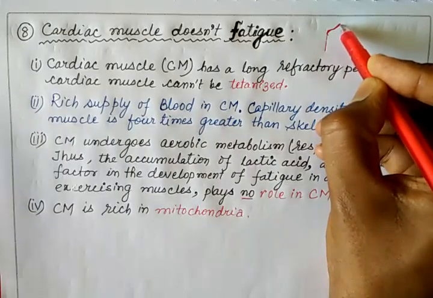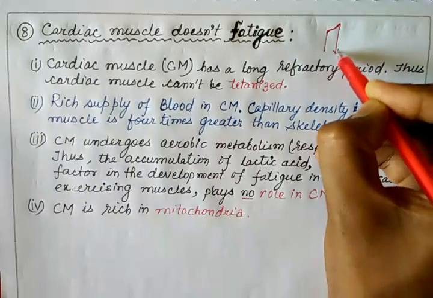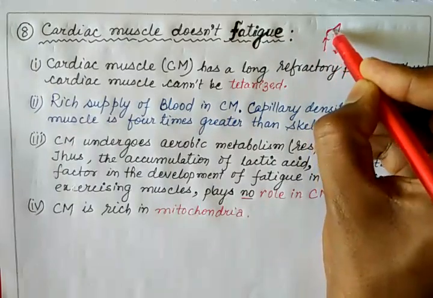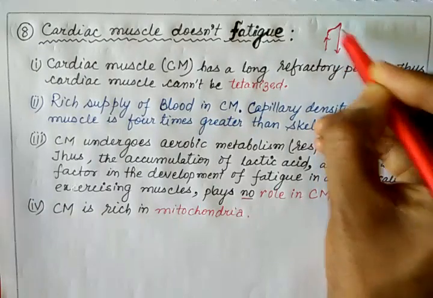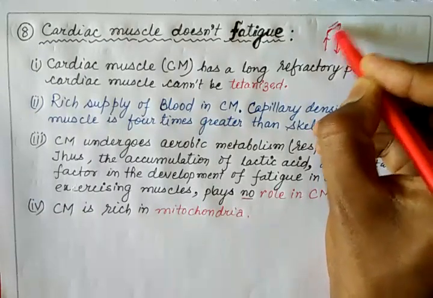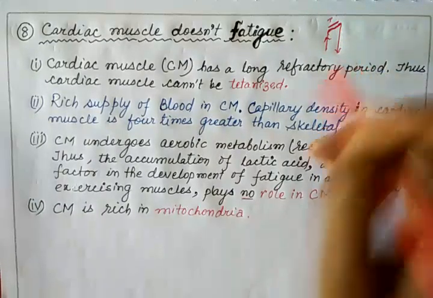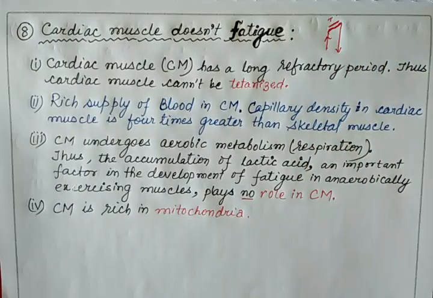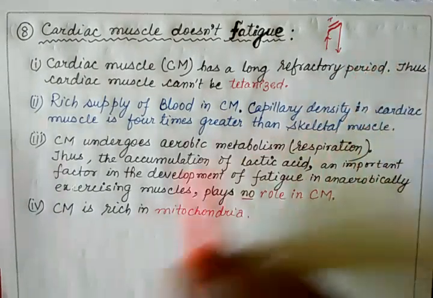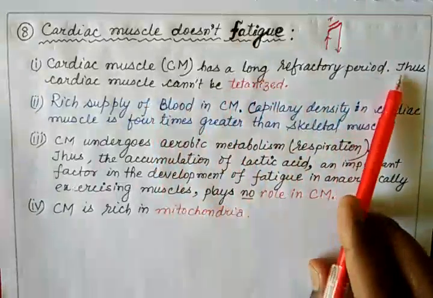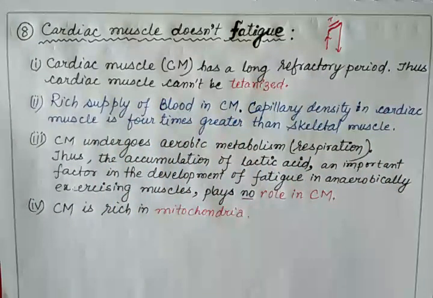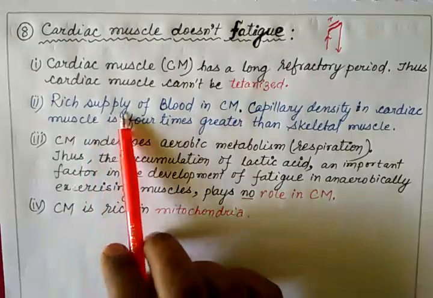ये देखिए इस तरह से ये long refractory period होने के बाद ये डाउन होता है नीचे, इस तरह से. ये एक्साइटेशन हुआ ऊपर पहुंचा, अब ये रिलैक्स होगा, तो यहाँ से यहाँ तक का जो टाइम है, it takes time. यहाँ पर ये टाइम ज़्यादा ले रहा है, so that it will get a time for relaxation. Understood? So cardiac muscle has a long refractory period. Thus cardiac muscle cannot be tetanized. Tetanized means ये hard नहीं हो सकते कभी, हमेशा flexible रहते हैं.